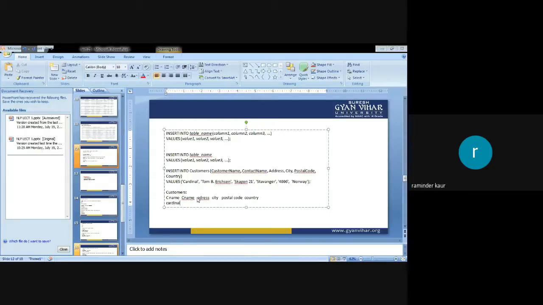Cardinal, name is Tom. City is Station 21. Postal code is 4006. Country is Norway. In this manner, we are supposed to deal. You can mark this as the column here. This will be the result for the same.